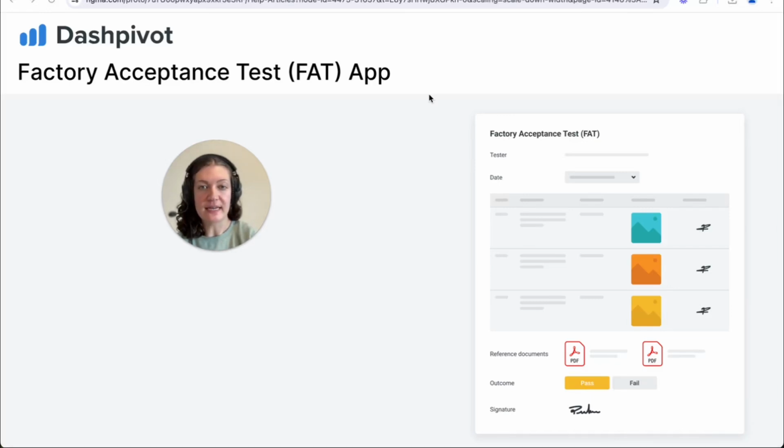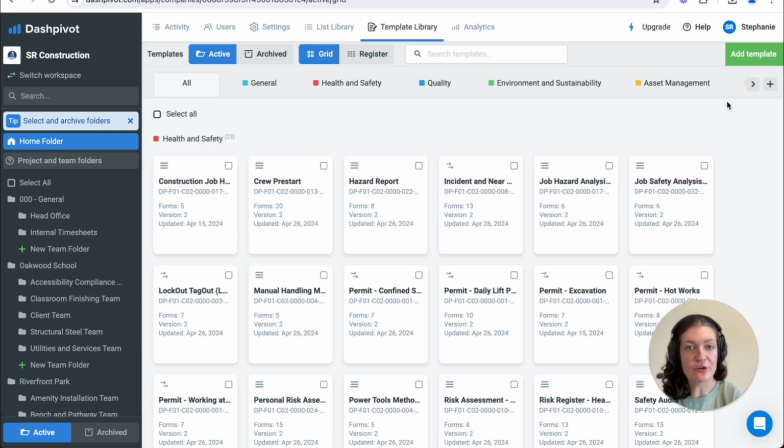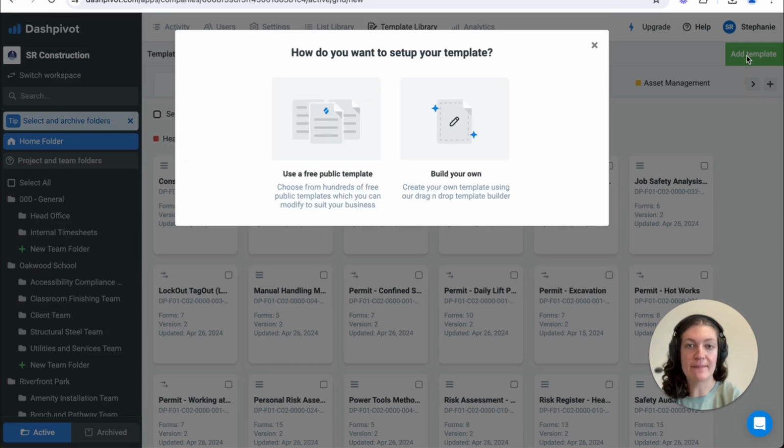Factory acceptance tests can often be delayed by inadequate documentation and procedures, causing shipment delays and costly site rework. Dashpivot allows you to conduct and record factory acceptance tests electronically, ensuring that all inspections are completed and documented in the factory. In Dashpivot, you can create a factory acceptance test template entirely from scratch or choose from our public